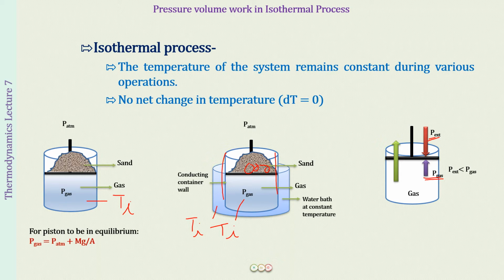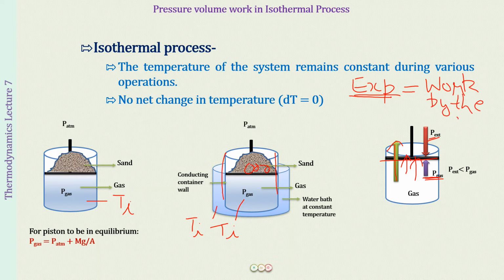Now, what this means is that when the pressure of the gas is more, the piston is going to move up. So there is a difference in pressure, and it is going to put some pressure on the piston so that the piston moves up till the pressure of the gas again becomes equal to the external pressure. Now, when the piston has moved up, an expansion is going to happen. And when an expansion is happening, this is going to be work done by the system. Work by the system. Okay.